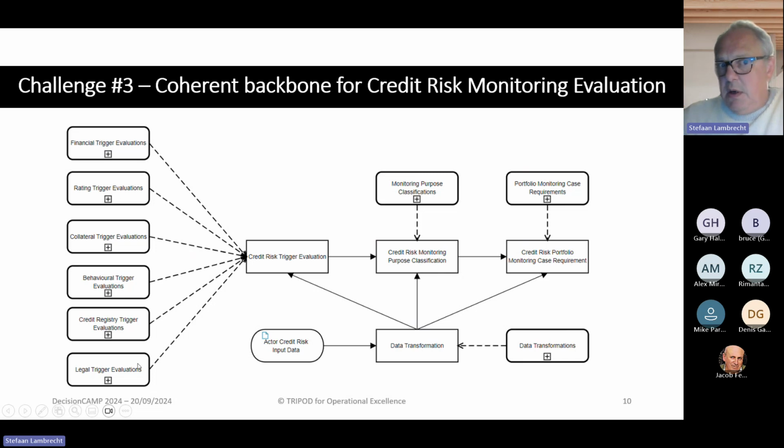And a trigger can be very simple in logic, but it can also be very complex. For instance, here for the rating, we will assess, for instance, how did the rating evolve over the last year, and then see whether there is a problem or not. But the basis is in fact all the data that has been collected, that is put into the system.